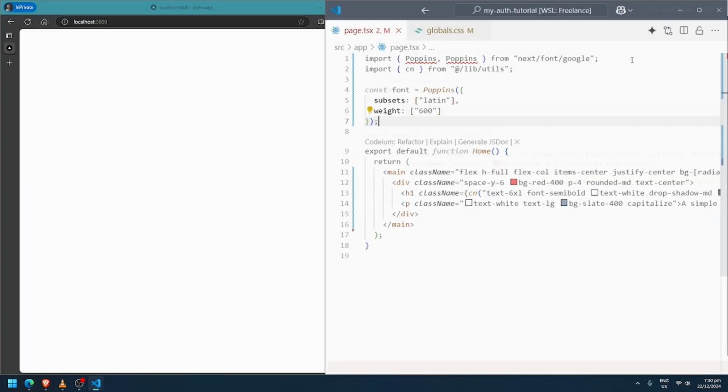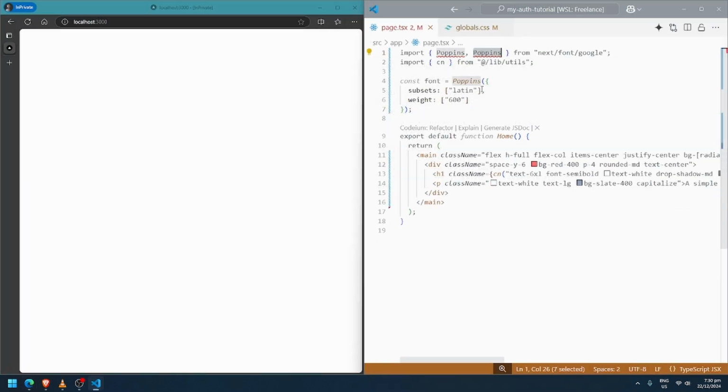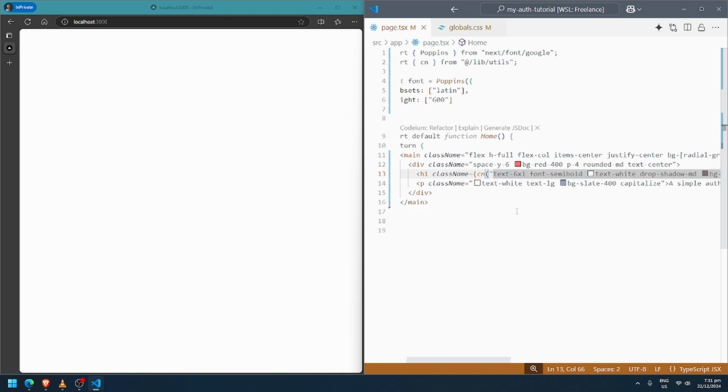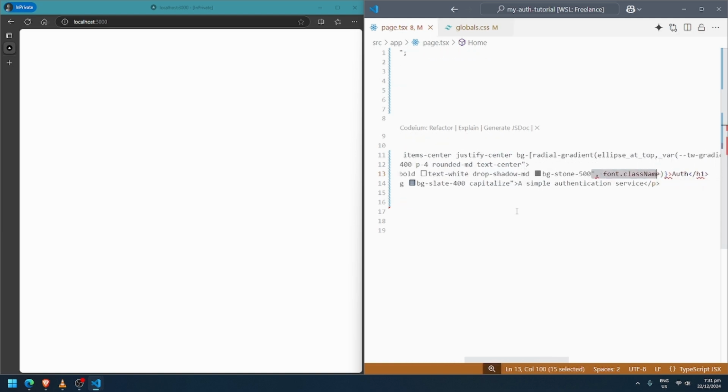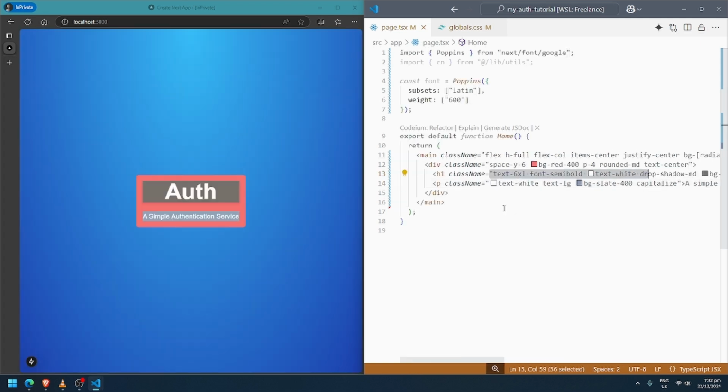Okay, let's move it to the left, and something is not right here. Constant font and for cn. Try again. Okay, let's wrap this with cn again.